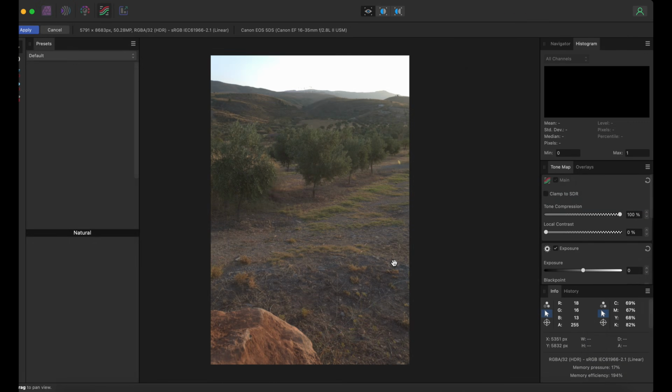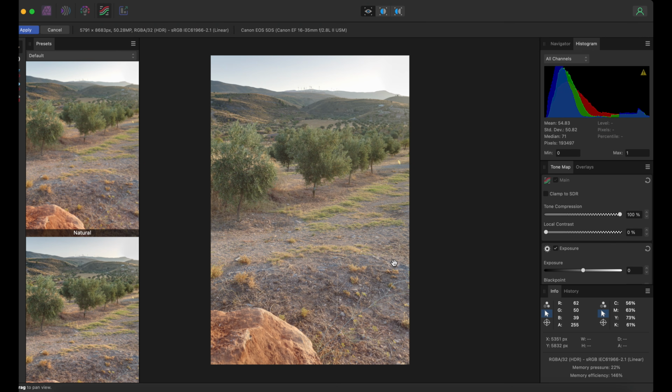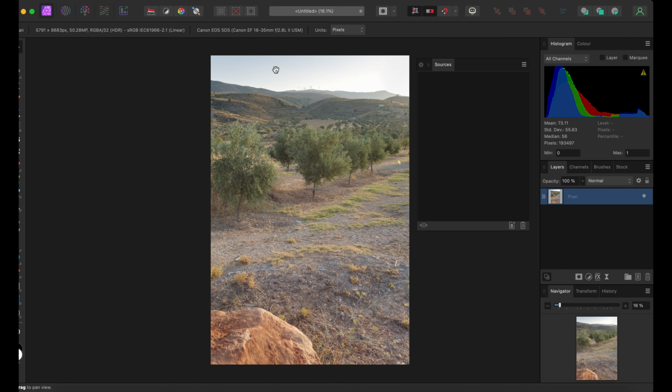We're bringing the dynamic range in line with the limitations of the sensor. So the sensor can only capture so much in these circumstances. And what we're doing is we're providing it the extra information. So again, go with natural, go with apply,